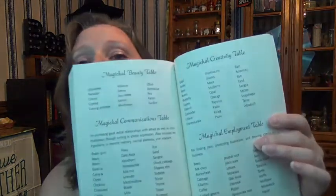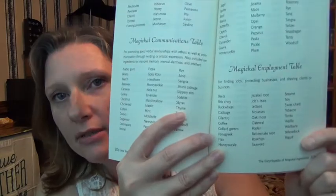Dude, I love this book. That is brilliant right there. And then in the back there are magical tables. So you've got a magical beauty table, a magical communications table, a creativity table, an employment table. So it's a quick reference, like this one, the magical employment table for finding jobs, protecting businesses, and drawing clients or business. And it's just a quick reference for those specific needs, which is handy because,